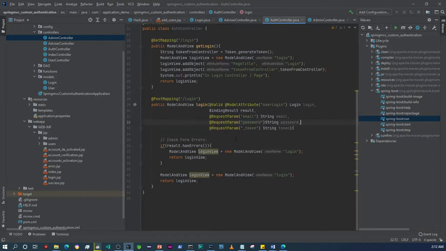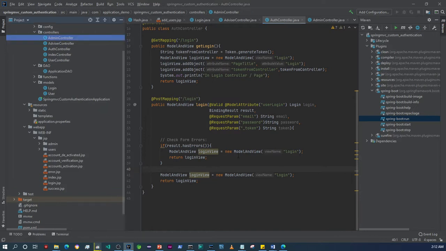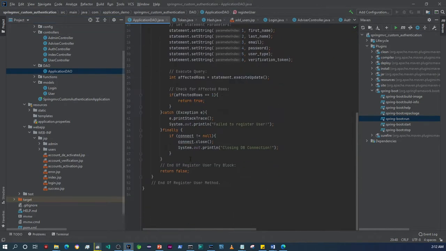So the other thing that we need to do now, since we are validating our form, is create another method here within our application to validate whether or not the email the user is inputting within the field is a registered email or not. So here within the application DAO, I'll create another method here. I'll say validate email. All right. So what I'm going to do now is public static